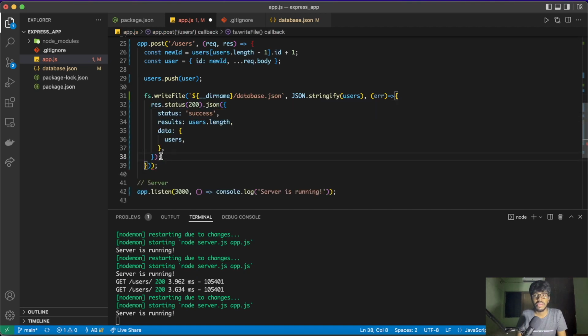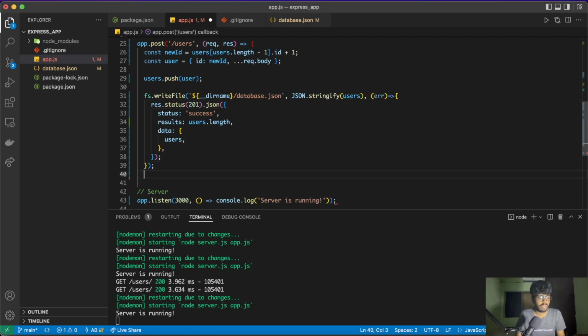So I paste it here, and I think we have times. Yeah. So now the status code that we want is not 200, but should be 201, which signifies that a new object or a new data or a new entry has been created. And I want to send back JSON again, but this time instead of sending back JSON, what I will do is,